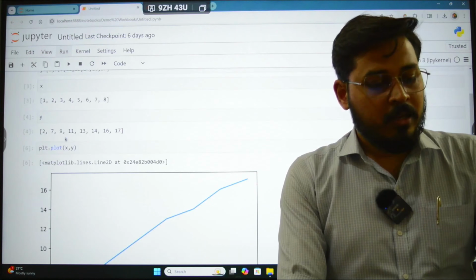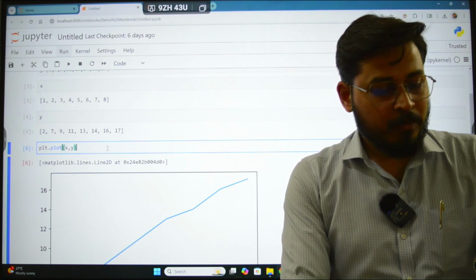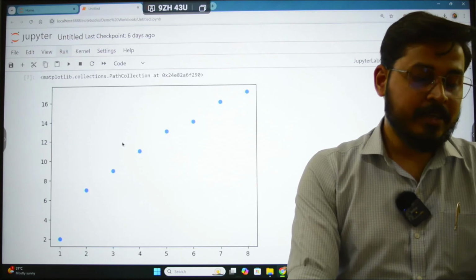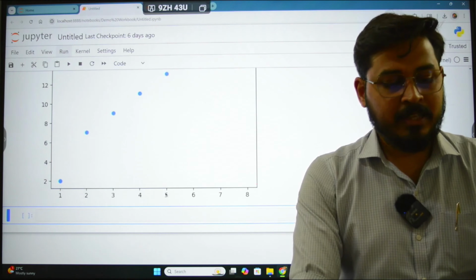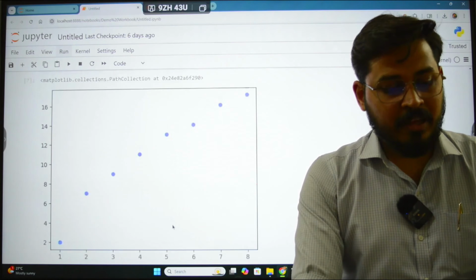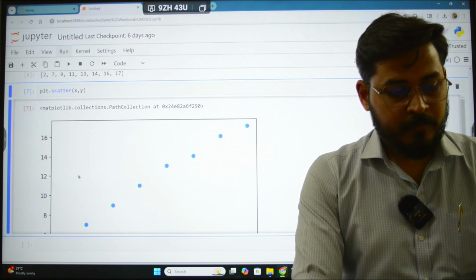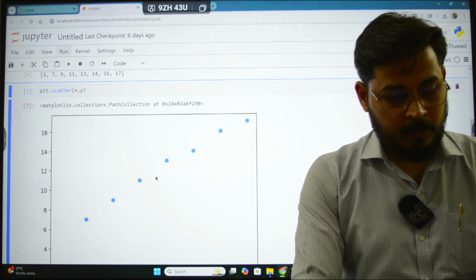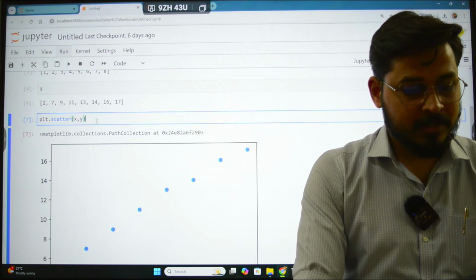Okay, in that PDF they have used the scatter plot. So if I make it a scatter again, it will look like this. Right now you can see that there is no X axis label or Y axis label, so I will give that as well. So how to give that? I'll say here